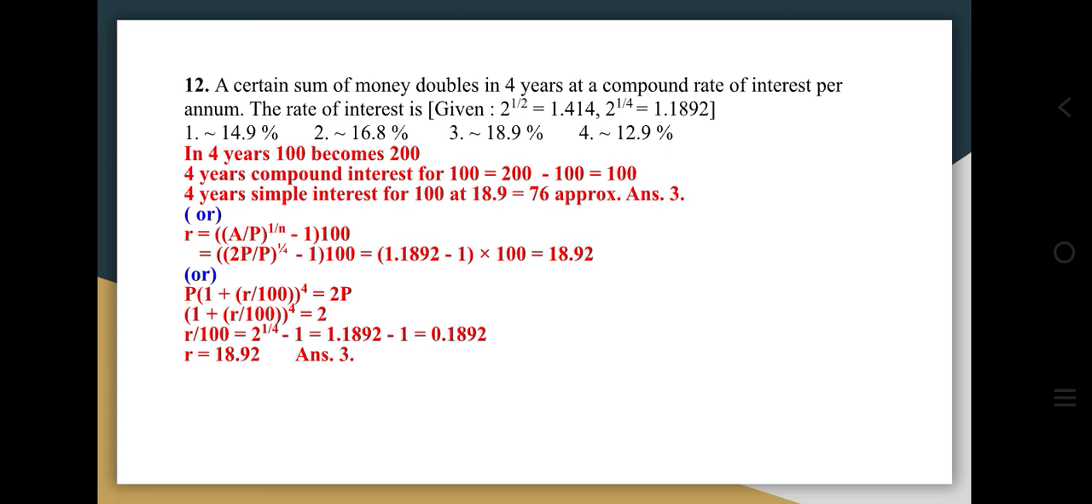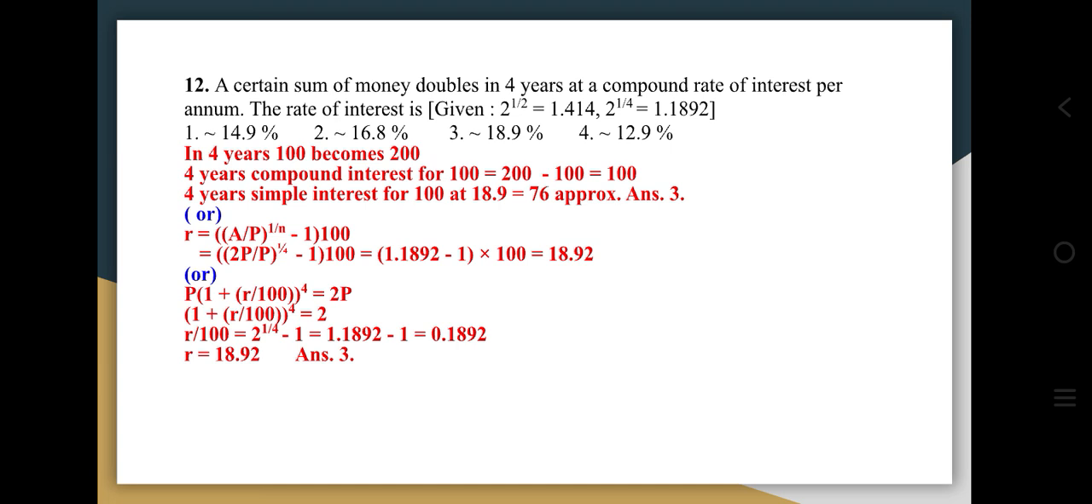So 1.1892 minus 1, into 100, which is 0.1892 into 100, that is 18.92. So approximately it is 18.9%. So the answer is choice 3. Or, using the